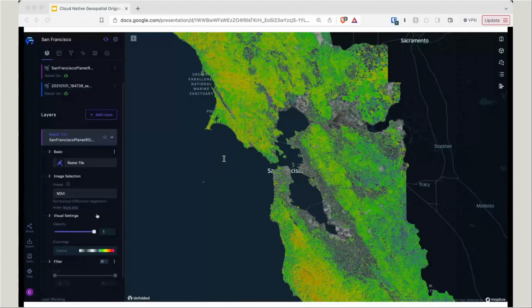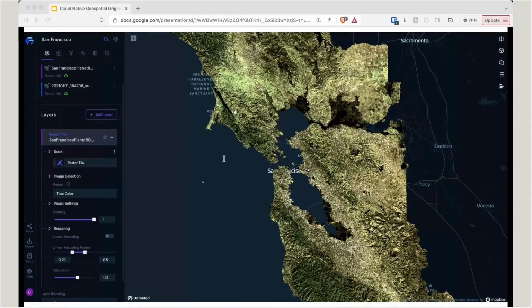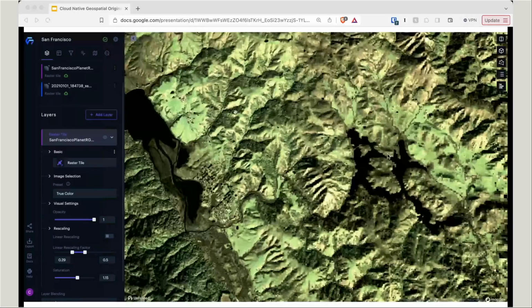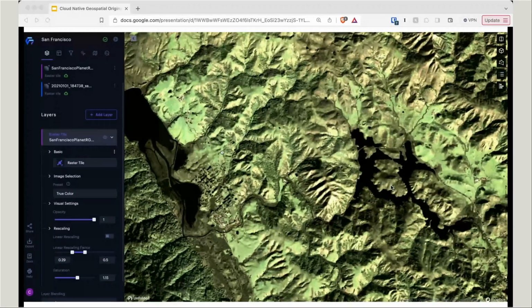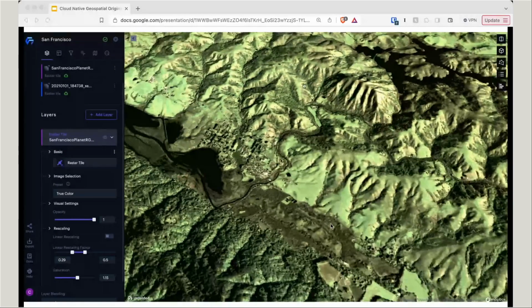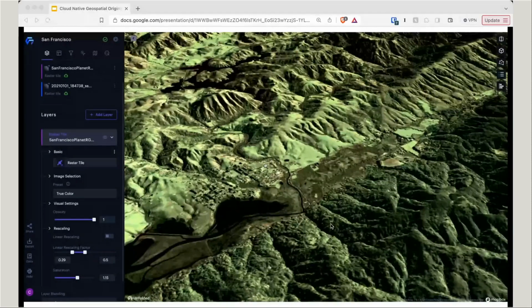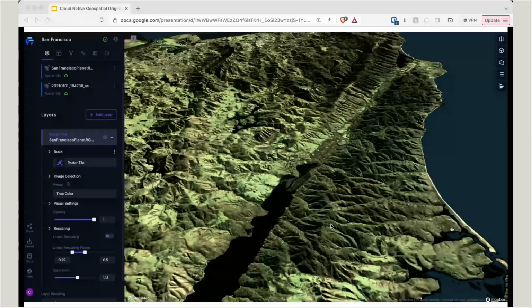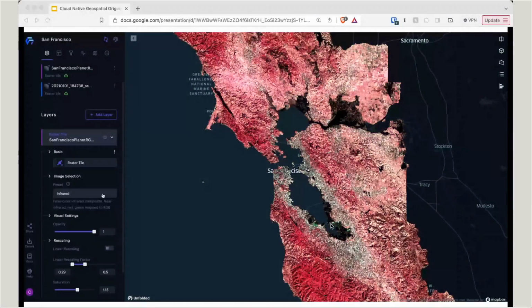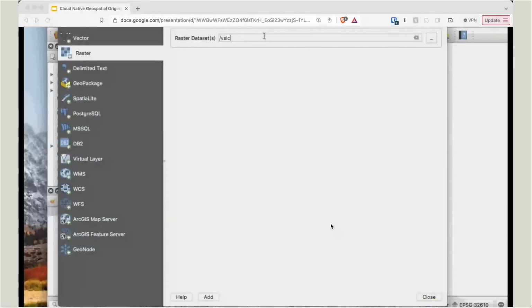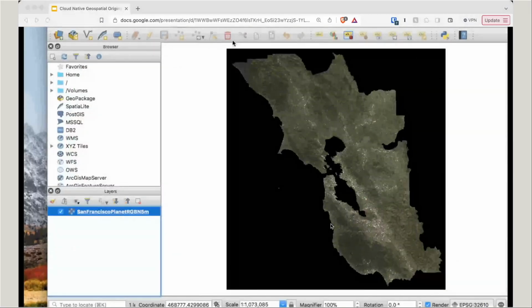Tools like Foursquare Studio show what you can do fully in the browser. So this same COG is a full bit depth image with multiple bands. So you can do NDVI, false color visualizations, put it on 3D overlays. And they can also be used in desktop GIS. This isn't just a web thing. It's really like a cloud streaming thing.